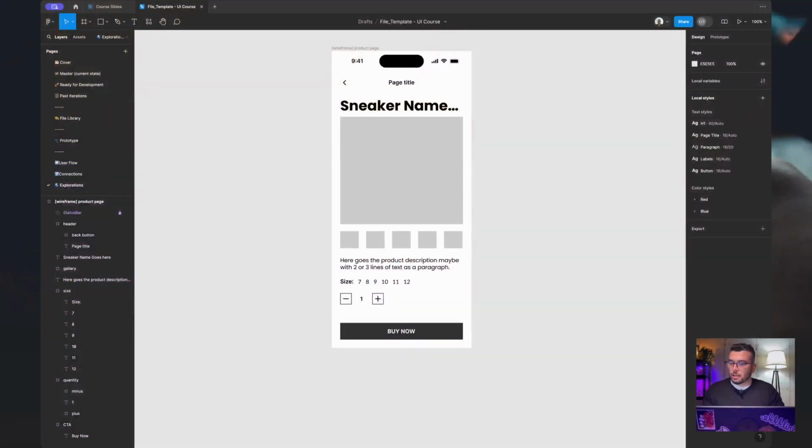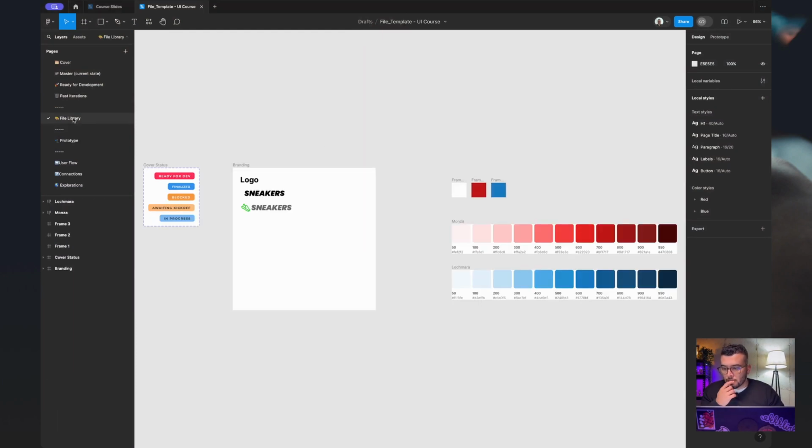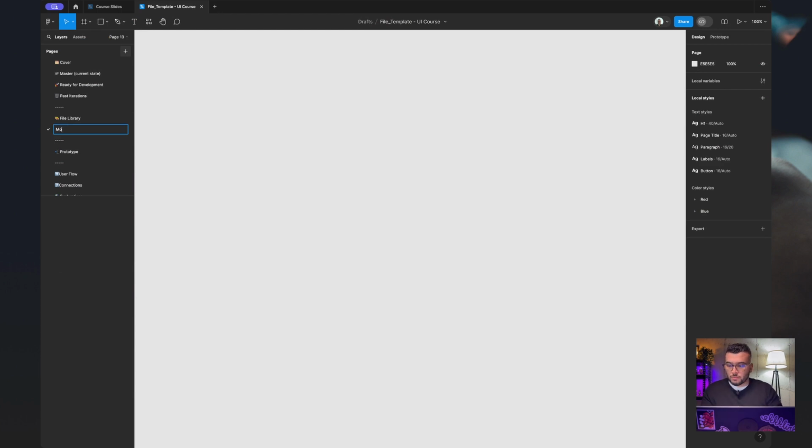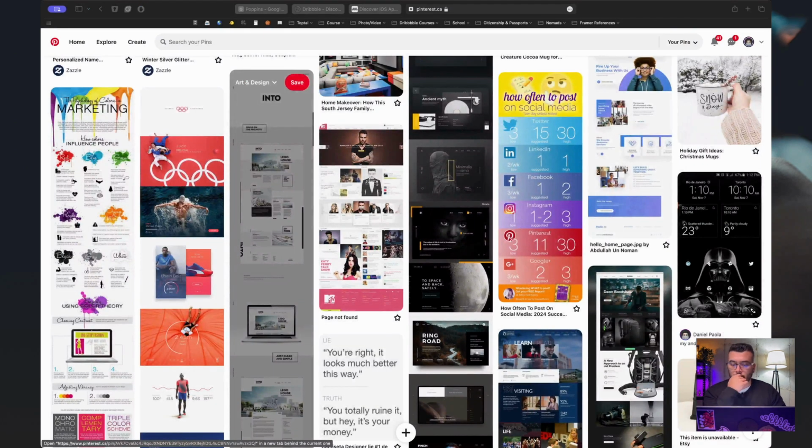Okay. So let's get back here into Figma first. Let's create a page for the mood board. Can be visual explorations as well. I like to add emojis here so we can keep everything well organized. Cool. Now let's go over to